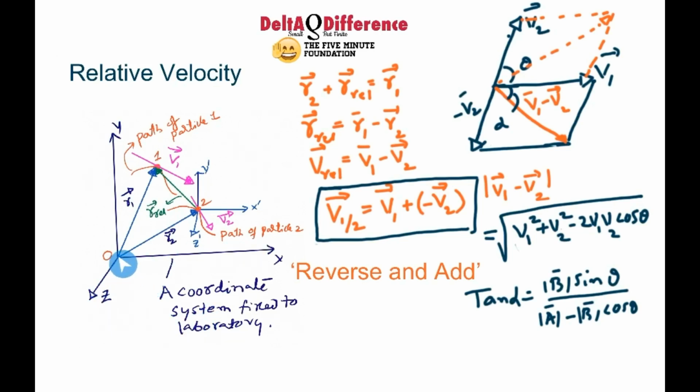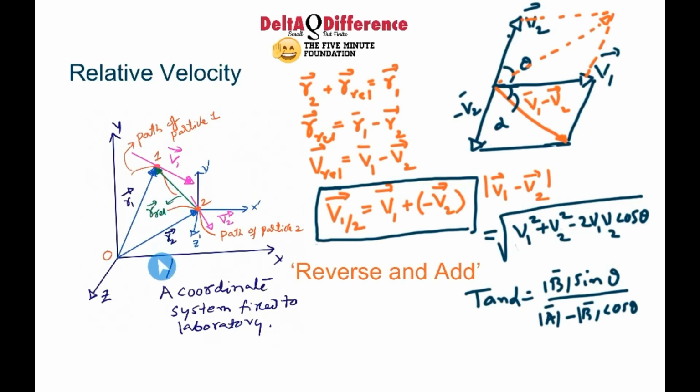So from here, if somebody watches, he will say their velocities are along the tangents to the paths and they are v1 and v2. But we would like to find out the velocity of particle 1 with respect to particle 2. Therefore, let us fix a coordinate system to particle 2 and from there observe particle 1. For that, we need to draw one position vector from this origin to the particle. We called it R relative.